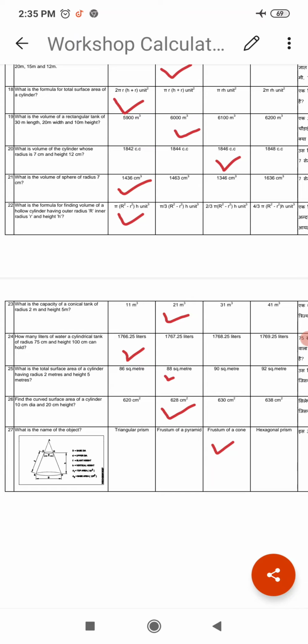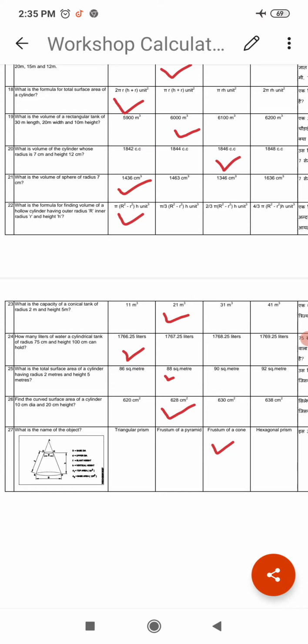1766.25 liters. What is the total surface area of a cylinder having radius 2 meters and height 5 meters? Its answer is 88 square meter. What is the curved surface area of a cylinder of radius 10 centimeter and 20 centimeter height? 628 cm square. Next,